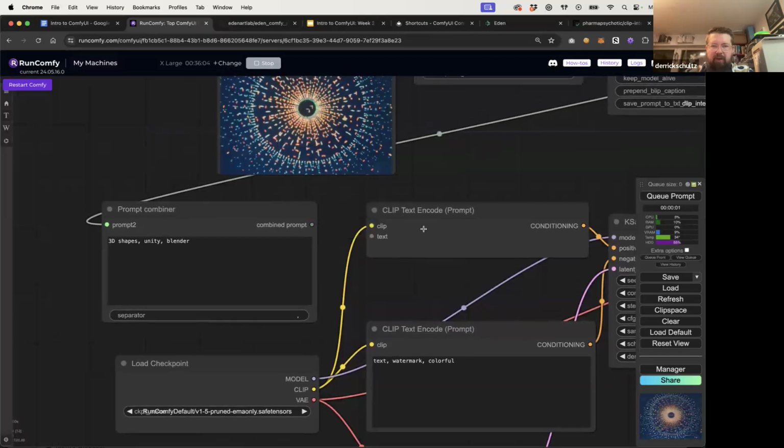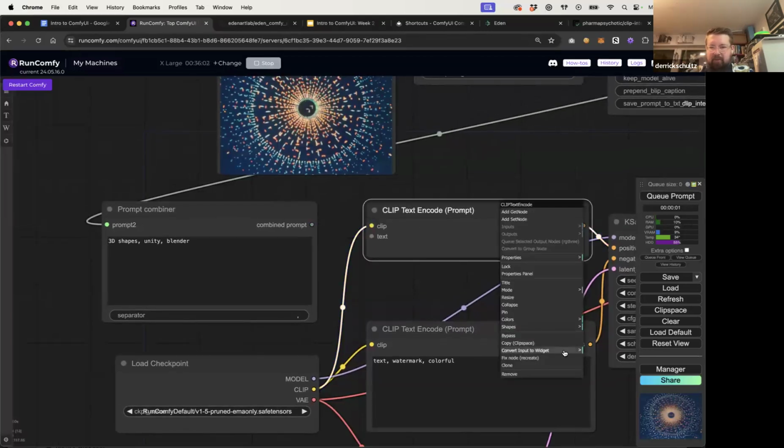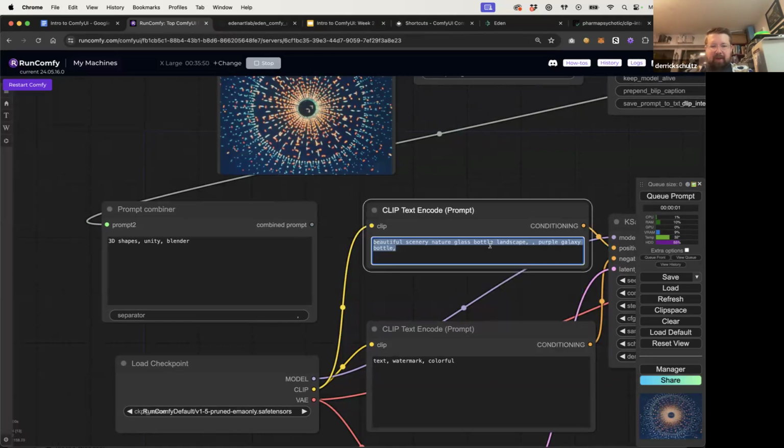Let's remove this part, and let's turn this back into our regular prompt. So to turn that input back into a widget, we come down and right click on the node, go to convert input to widget, and then convert text to widget. And let's just say